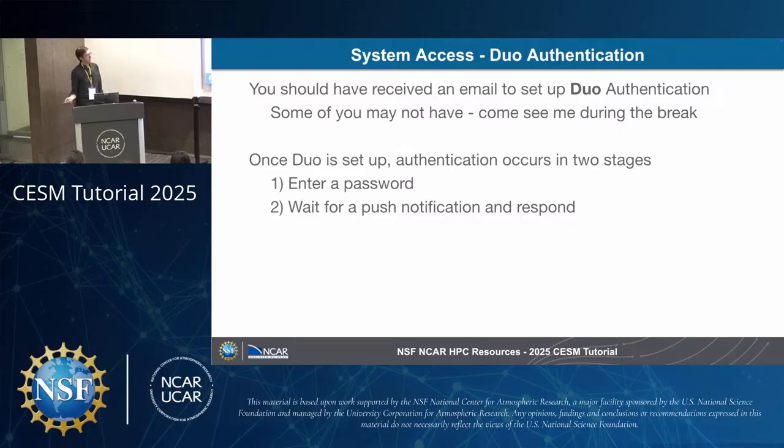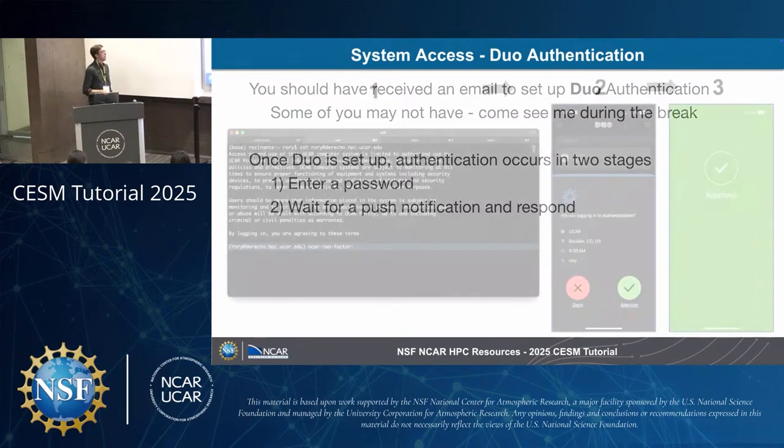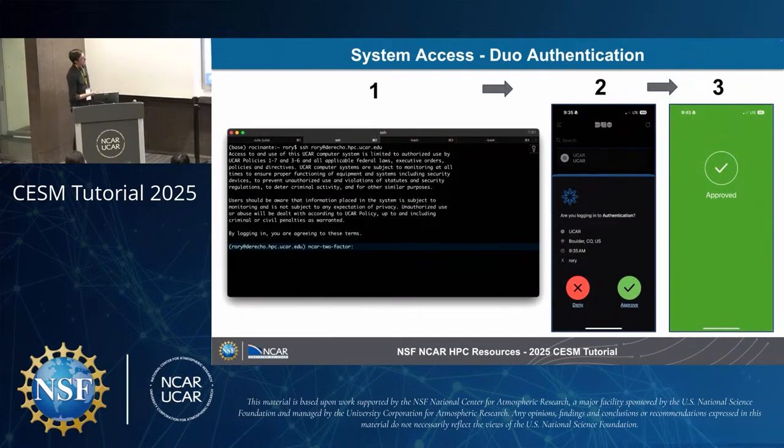But once Duo is set up, it's kind of a two-stage process. One, you try to access the machine either through a terminal or maybe through Jupyter Hub or something. You enter your password that you would have set up yourself. Then you wait for it to send you a push notification on your phone, and you respond. So graphically, that should look like this. That's me in the big terminal window on the left, SSHing at the top. You can see to